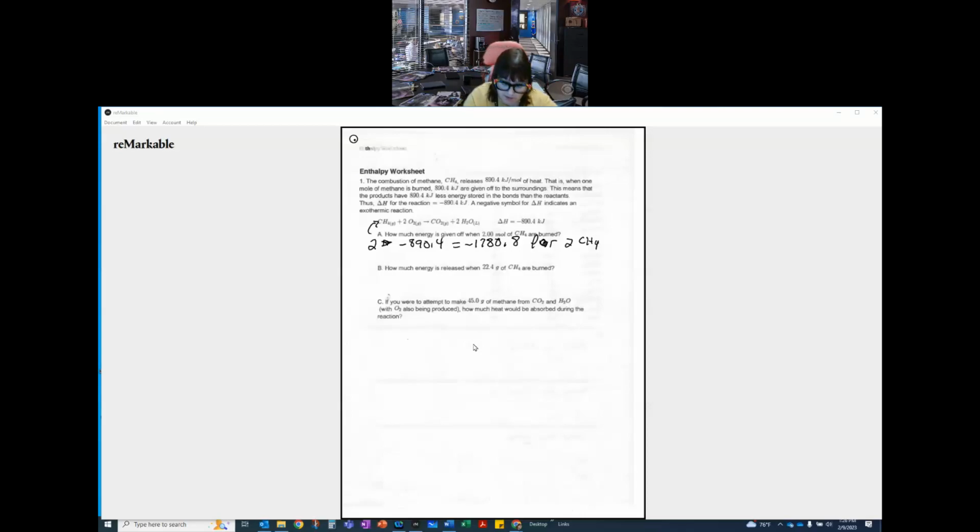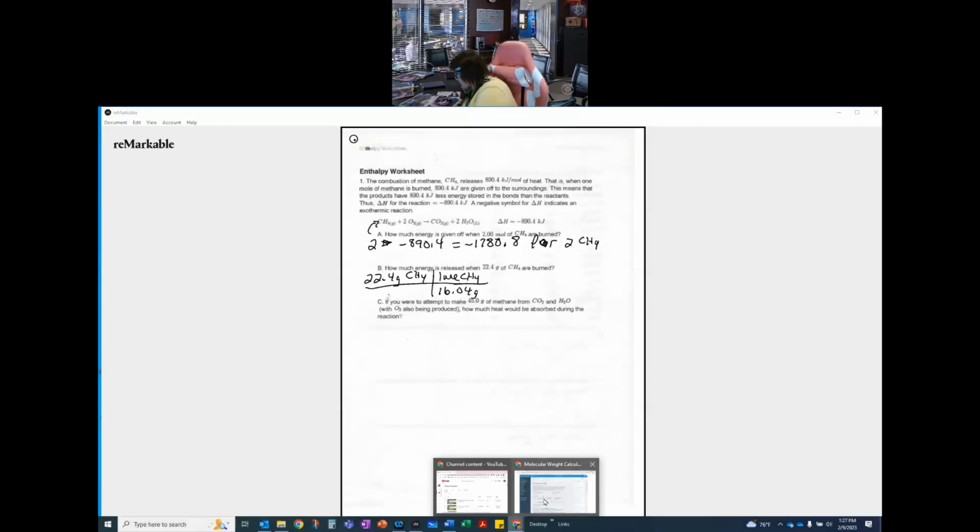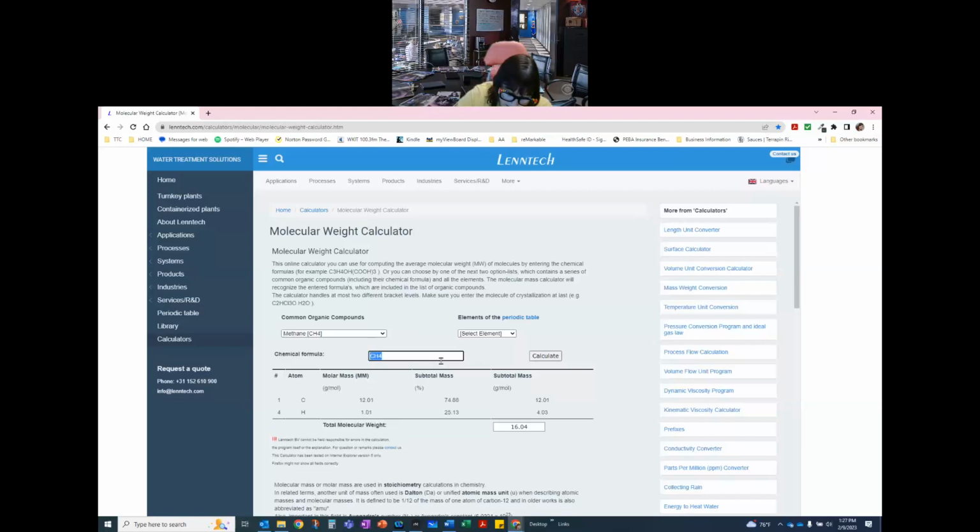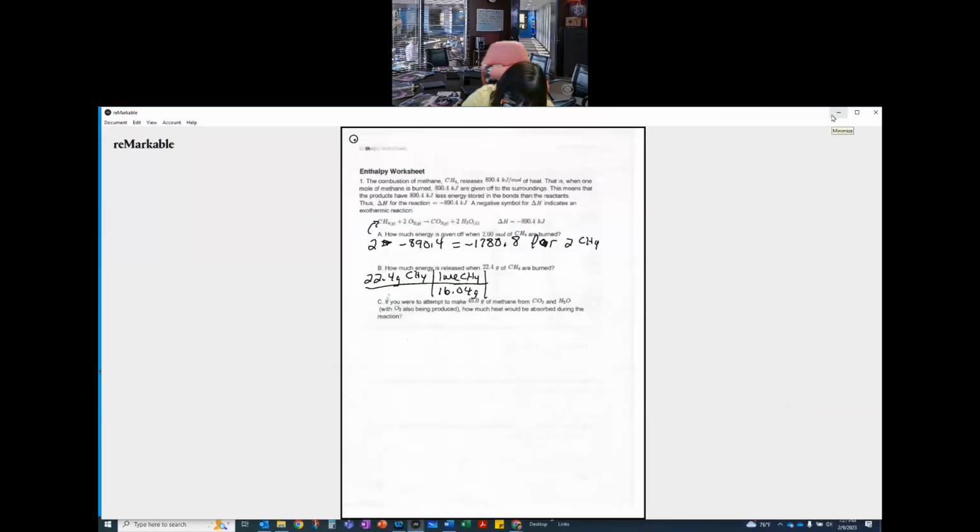How much energy is released when 22.4 grams of CH4 are burned? 22.4 grams CH4. 1 mole of CH4 is 16.04 grams. Pretty sure that was the number that we came up with. 16.04. Go me. That's per mole of CH4. 1 mole CH4 is negative 890.4 kilojoules. And that gives me